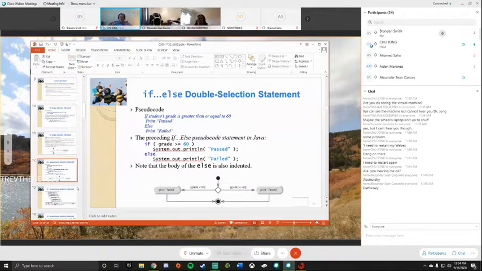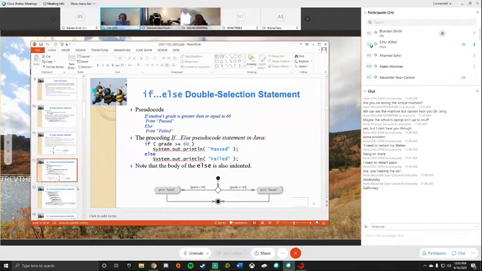The pseudocode is very close to natural language. When we convert it, if we have parentheses, that means the condition: is the student's grade greater than or equal to 60, and we say System.out.print passed. Else